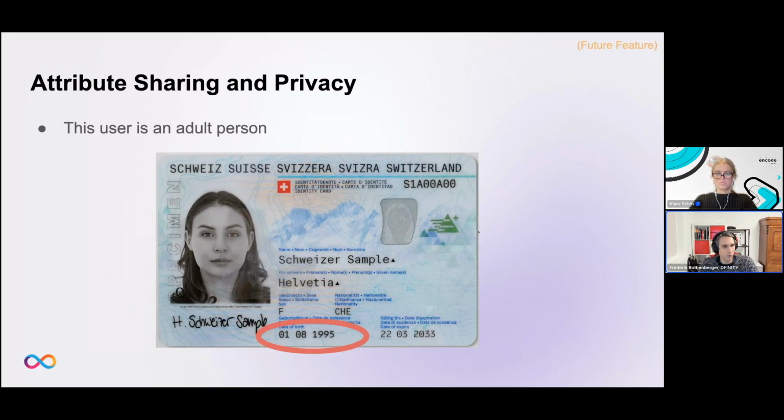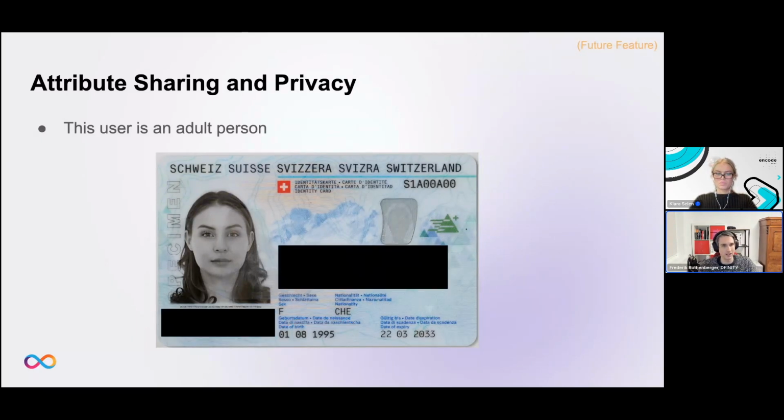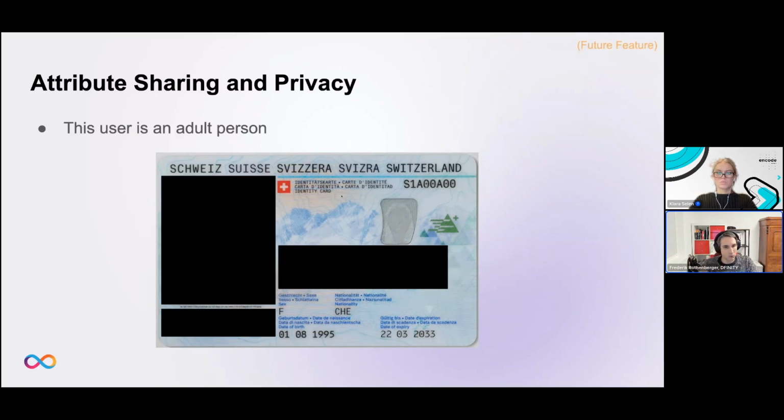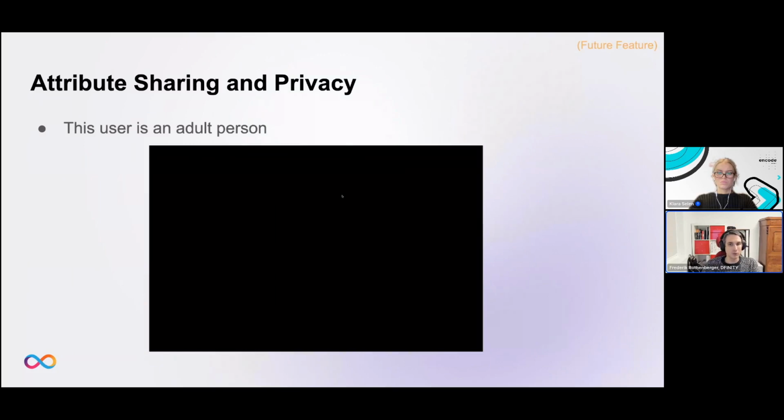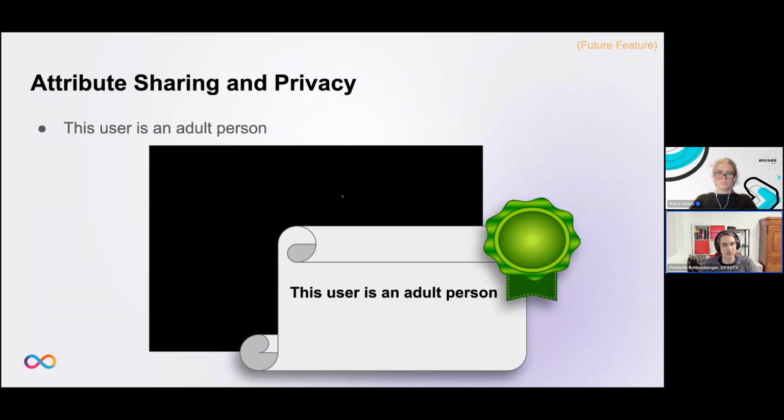So we would probably want to hide part of the ID, right? And we could actually hide more and more pieces of it until we have nothing more to show, but rather what we would want to share is just the fact that this user is an adult person and not the ID at all, right? And so this is where Internet Identity comes into play again, and helps you